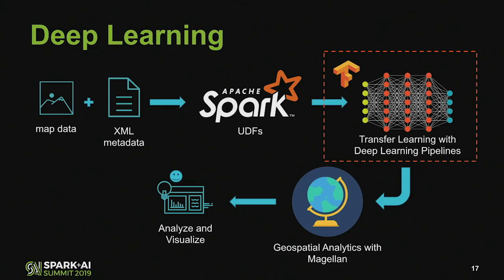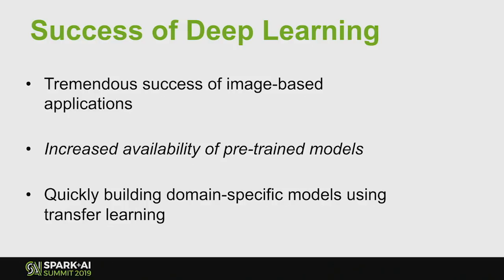And once we're done with the transformations, we're passing it into a pre-trained TensorFlow model. So we've seen a lot of success with deep learning for image-based applications. And I'm sure there are multiple talks today that address how you distribute TensorFlow for, say, object detection or some other deep learning use case. And what this means is there are a lot of pre-trained models out there in the same domain that we can leverage. And what we did today was we actually used a pre-trained model from what we call the xView